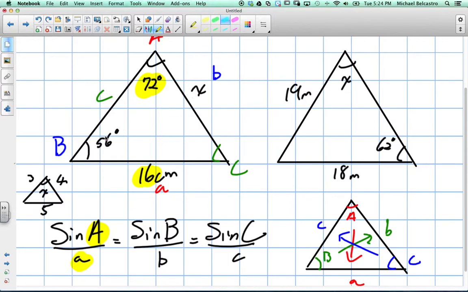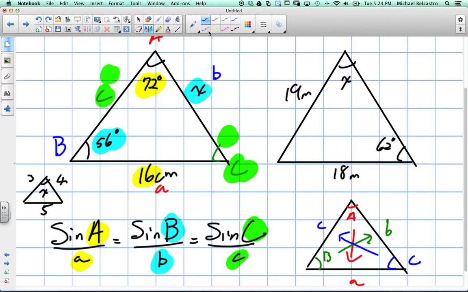Our angle B, well, there's our angle B, which is 56. And our side b is our unknown, so we'll put there's our b. And for C, we have no information for either of these, so we're just going to call them C and c. So let's plug this stuff in. Okay, so this becomes